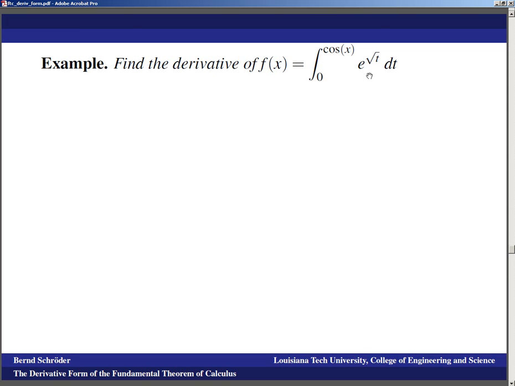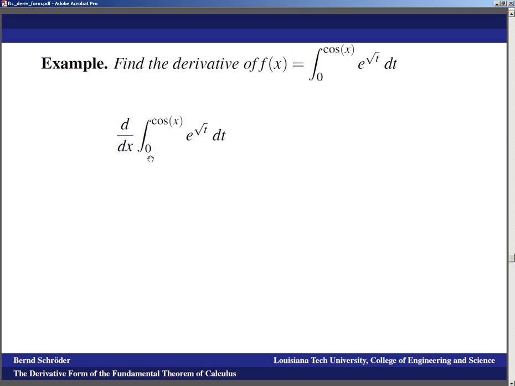How do you find the derivative of this thing? Now, as long as you only focus on the integral, you might be very tempted to say, hey, let me find an antiderivative here, plug in the cosine x, plug in the 0, and then take the derivative. Turns out this function is another one that doesn't have an antiderivative in closed form, and even if it did, the fundamental theorem of calculus in the derivative form is easier than to solve the integral, because here we just say